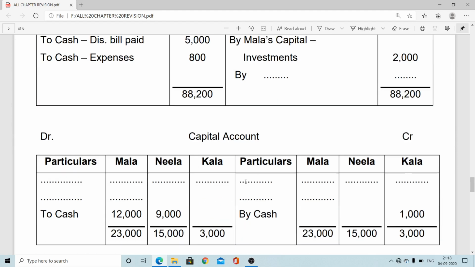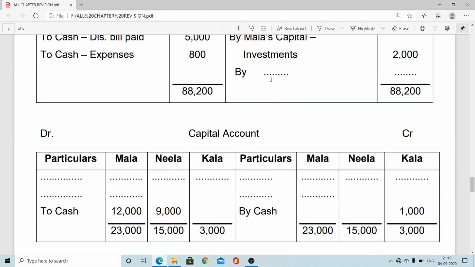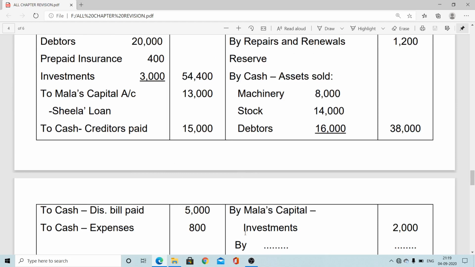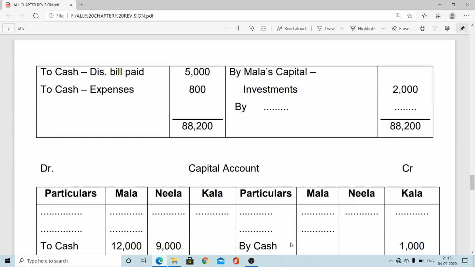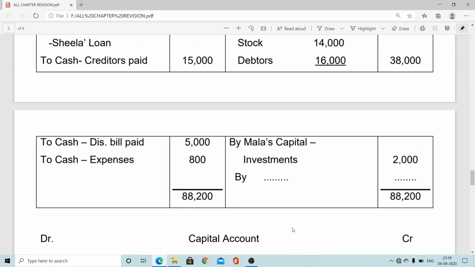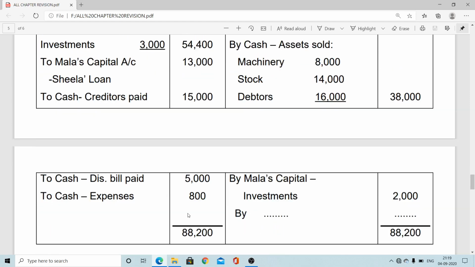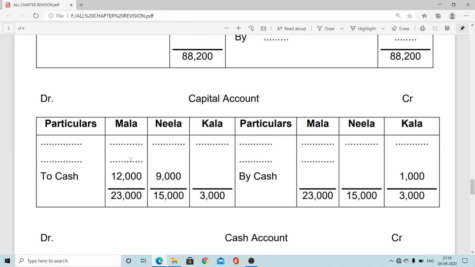Next we can enter the partners capital account. In the partners capital account, you have to see the corresponding entries. First the loss, you can write here to realization in the three partners' columns, M share, N share, and K share. Now after that we have to recheck, like by side entry and two side entry. M, that is M's capital is there, so the corresponding entry here in partners capital by realization, in M's column, that blank will also be filled up. On this side exactly, M's capital investment takeover entry is there, so if you put the corresponding entry to M's capital, this will also be filled up.